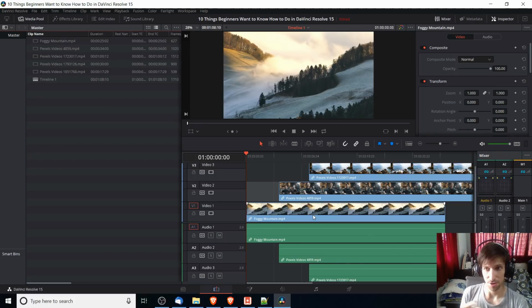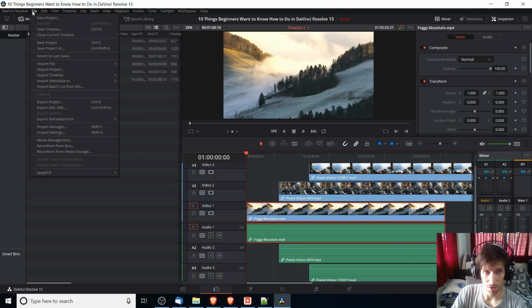You can just hit the change button there, and then whatever default settings you had in your original video clip, resolution, frames per second, will be updated in the project settings for the video you're working on. But another way that you can change the project settings is to go up to the File menu